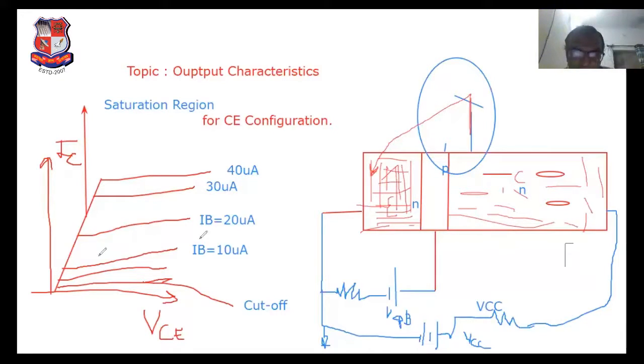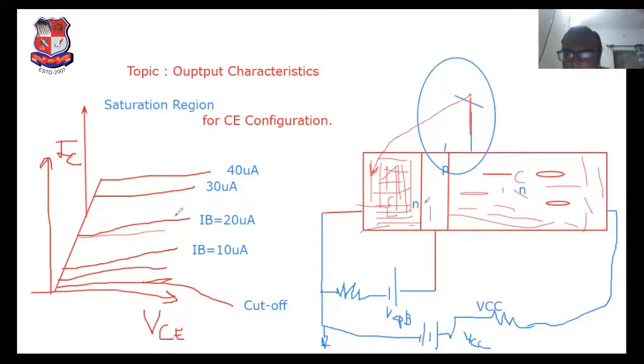That's why emitter current is always large. If emitter current is always large, then collector current is also large. Why? Because collector current depends on emitter current and base current. So more electrons can be attracted due to this depletion barrier. See this graph, the slope is more compared to common base, because in common base the input current is IE, but in common emitter the input current is IB. That's why the slope is more.